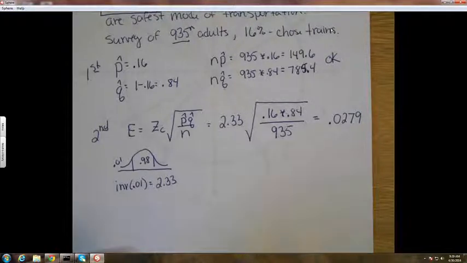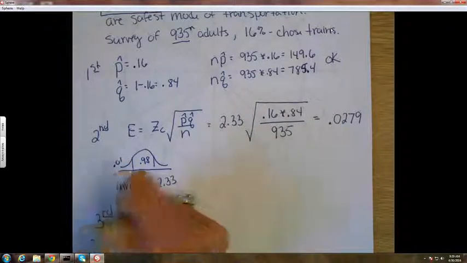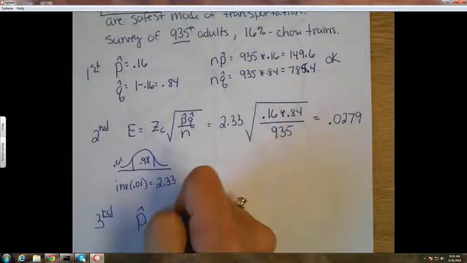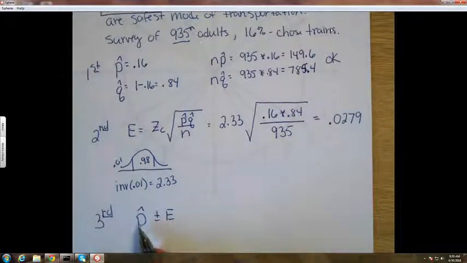Okay, now I can write the interval. And the interval is P hat plus and minus the error. You always do plus and minus the error from your point estimate. So for us,